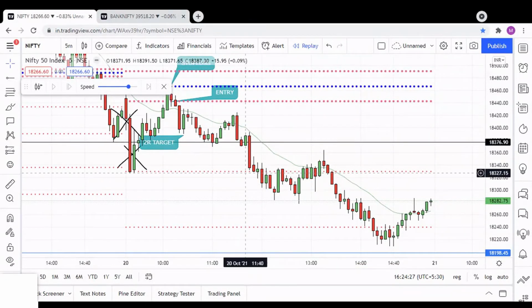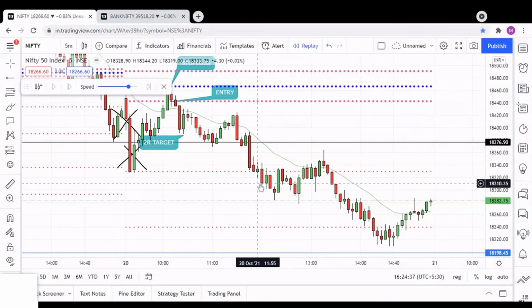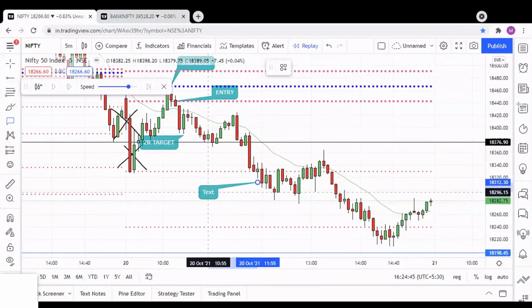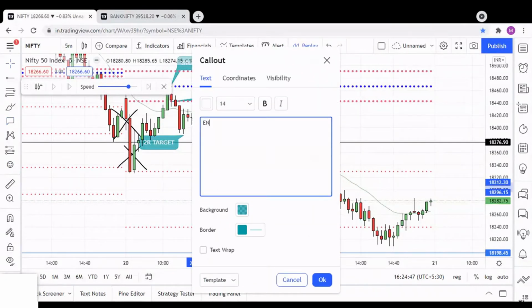Okay, now looking for the next best opportunity, I could see this red candle as the best opportunity. Look at this red candle. This red candle broke the day's low and closed below this support S1. So one can go for an entry at the close of this red candle as per my strategy,